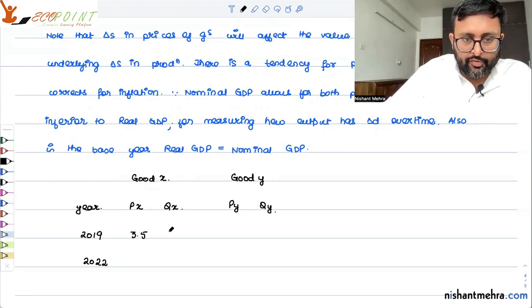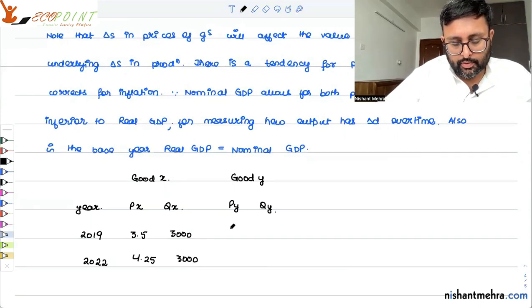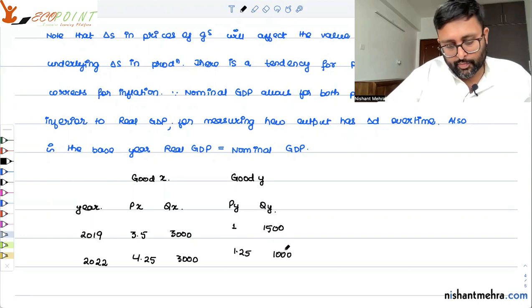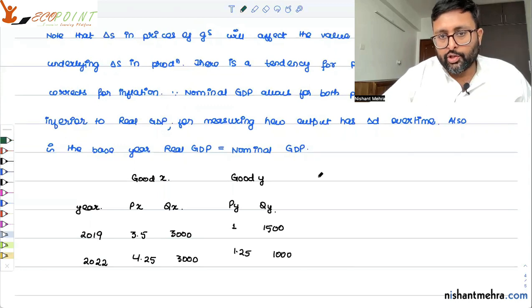Price of good X is 3.5, let's say. Quantity of good X is 3000. Price of good X in 2022 is 4.25, quantity is 3000. Price of good Y is 1, quantity is 1500. In 2022 it is 1.25 and 1000. Right? So if I need to find out the nominal GDP